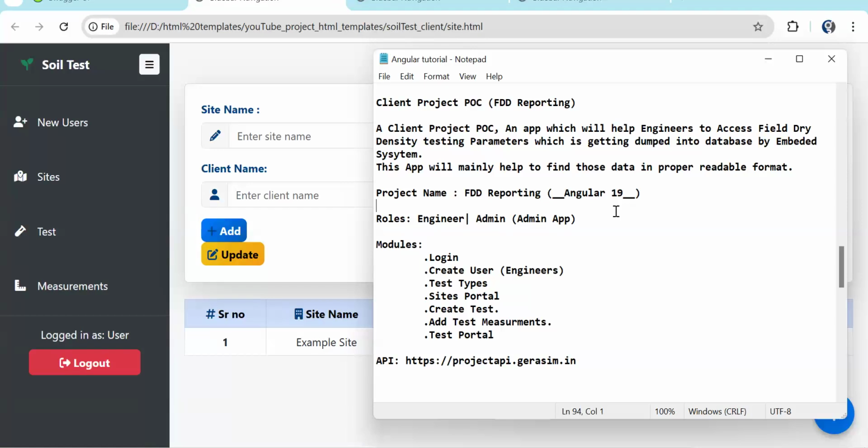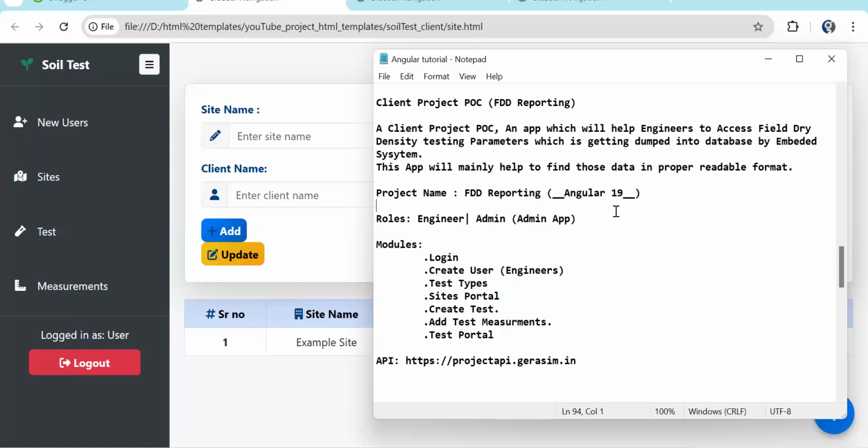I hope you are getting the whole picture, that it's a big project. But the base concept we are going to do is reading the data from the database and showing it in a proper readable format in our web application. If you are a fresher, it might be a little difficult to process what this project is, but try to understand the concept, because these are the projects we normally work on in industry. Just an example, we have various types of projects,